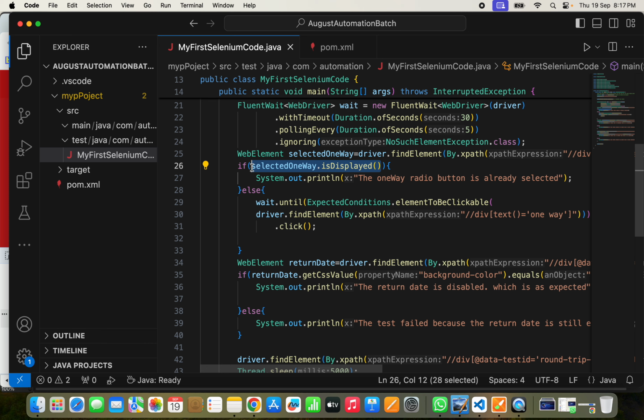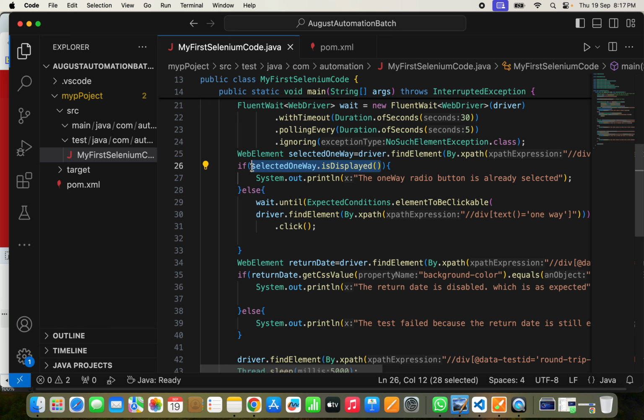When will it be false? When the element is present in the DOM but not getting displayed, it is hidden somehow. But in this particular case,